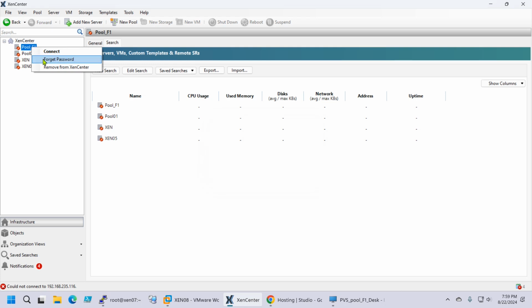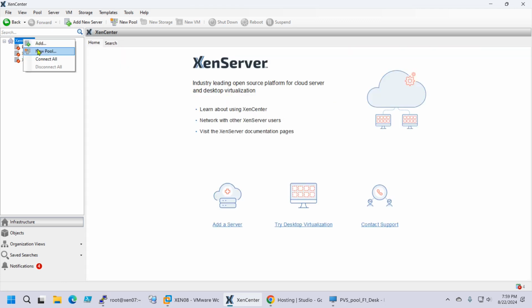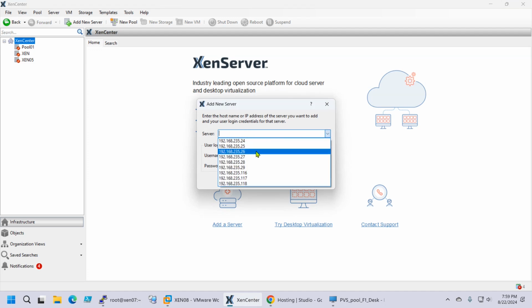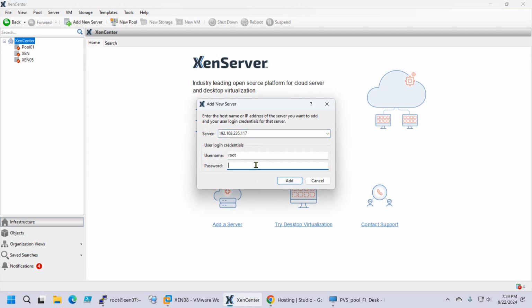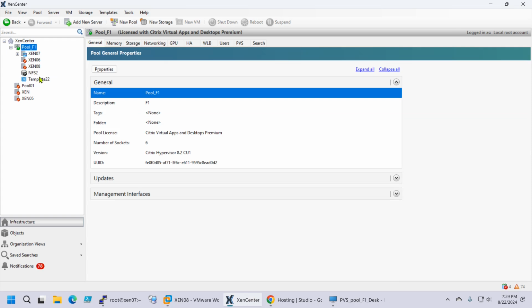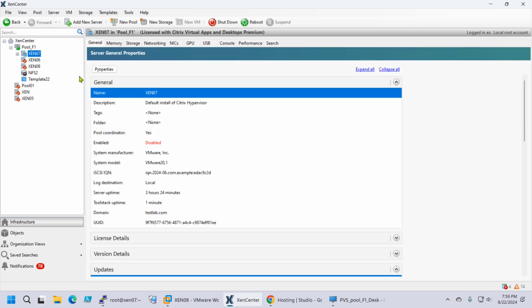Let's go cancel. Let's go forget password. Remove from XenCenter. And we can just add it one more time. And we add the host that we know that it's now the pool master. Okay. So he is now the pool master,